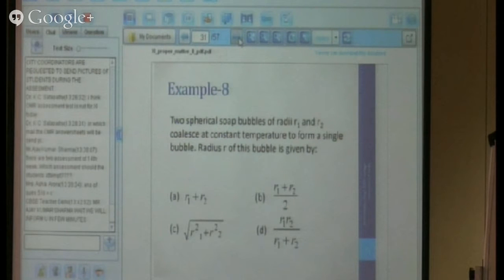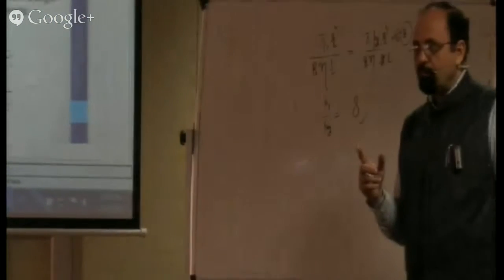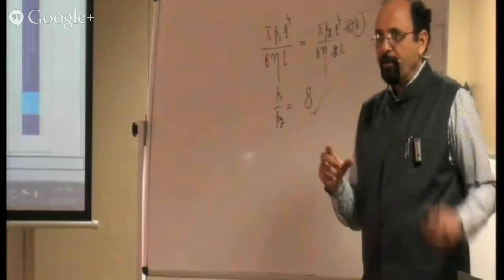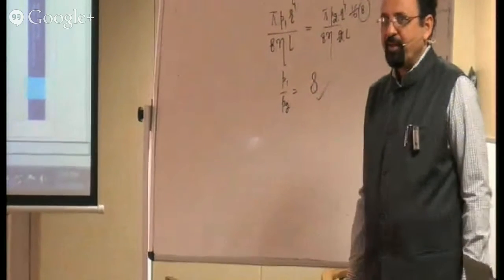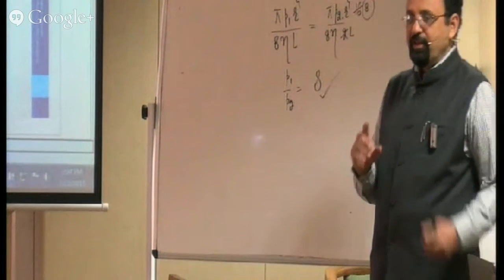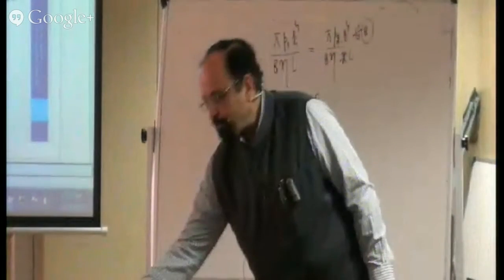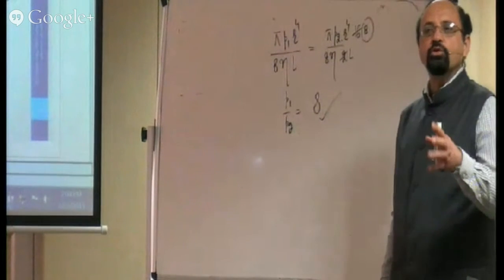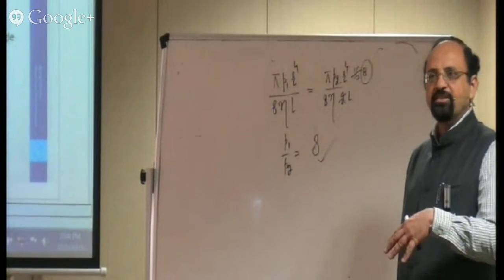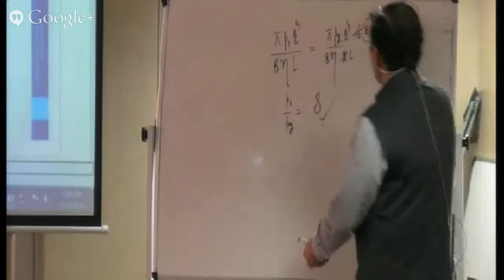Can I say at constant temperature the product of pressure and volume in total will be the same? In fact, what I'm saying is that the number of moles remains the same. And if I write the relation for it,